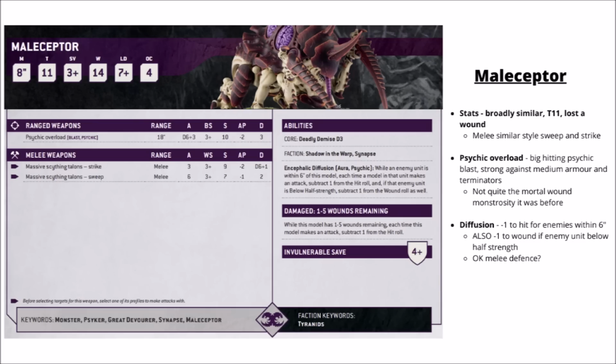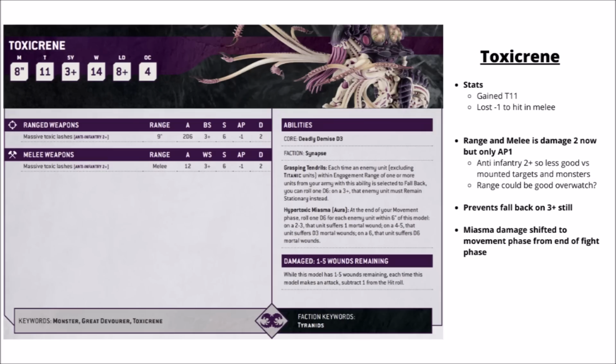-1 to hit is pretty handy there, -1 to wound is pretty useful if it happens. The Toxicrin and its many tentacles are also toughness 11. This one's lost its -1 to hit in melee, and both its range and its combat attacks with its toxic lashes have had their profile tweaked a bit. They all hit at strength 6, AP -1 and damage 2 now, with the anti-infantry 2+ keyword for easy wounds